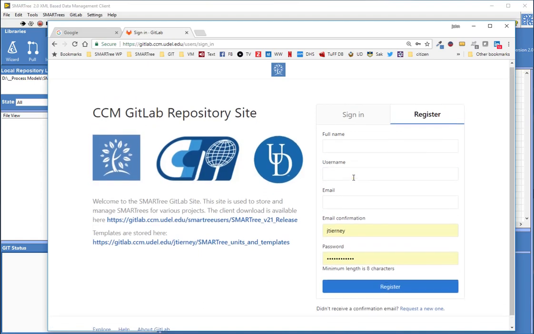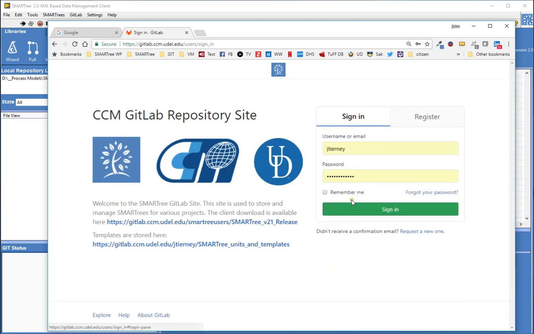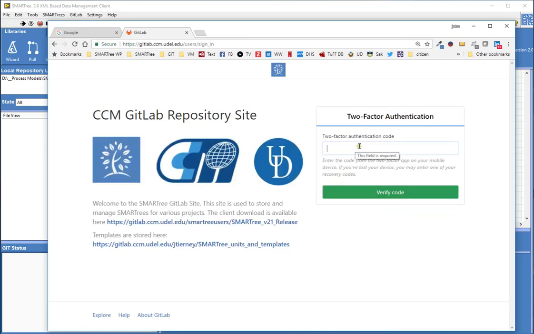One of the things that will also happen is you're probably going to see a two-factor authentication option when you sign in. That's pretty straightforward. It's done normally for a lot of universities and industries, where you have a smartphone and you enter a 6-digit code to confirm that it is you that is logging in. Once you register, you will be given a QR code for that to work. I've already gone through that process, so I'm just going to sign in as me. And you'll see here is my two-factor authentication. So I'm just going to enter my number